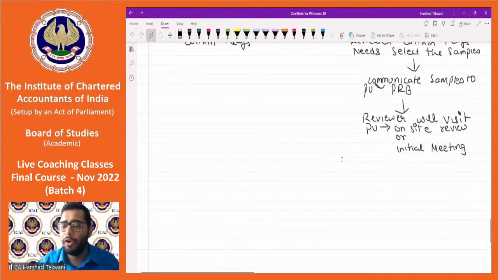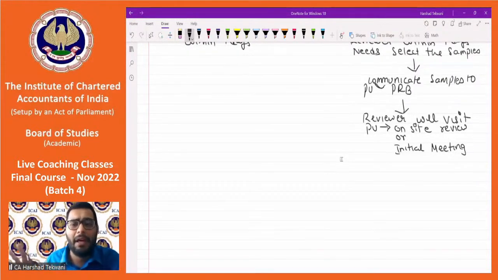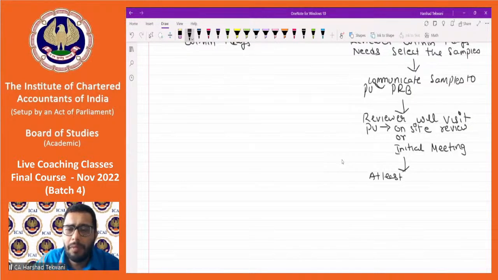Like in this office, or some other branch office where you need to visit. All those details you will discuss in the initial meeting. In case of any doubt, whom to contact, who will be the contact person for us, all those details will be discussed in that initial meeting. And at least you need to provide 5 days, at least 5 days needed to be given